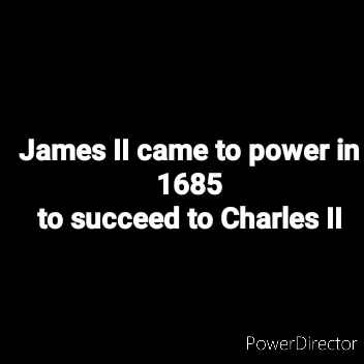Now, who was James II who provoked the Glorious Revolution? James II came to power in 1685 after the death of Charles II, his brother. Now, it is believed that James II might have plotted, might have brought up a coup in order to eliminate his brother Charles II, and this was done. It is believed.